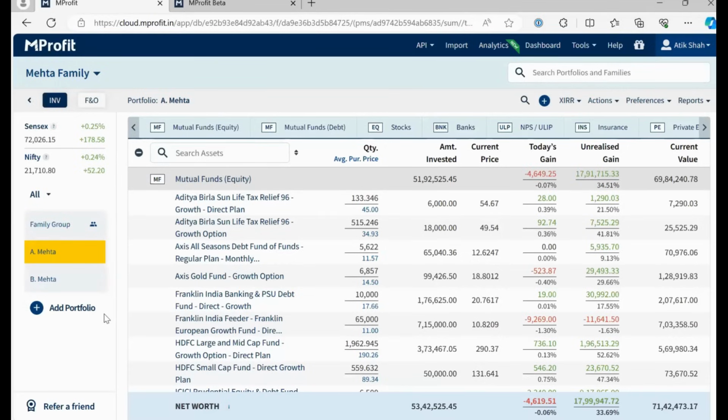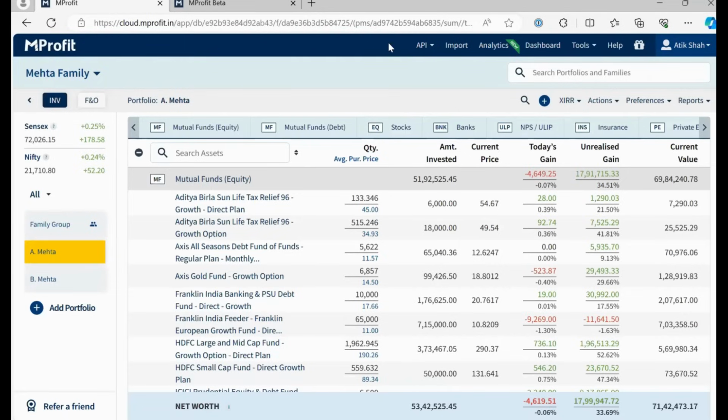And one thing we wanted to address here, a lot of questions about people not being able to see this option. This API feature is a new feature and it is currently available in our new plans, which are MProfit Lite Plus, HNI, and Family Office.